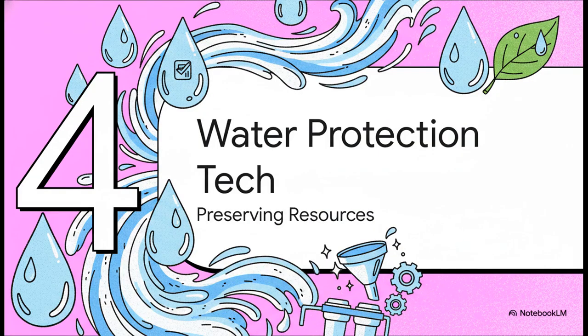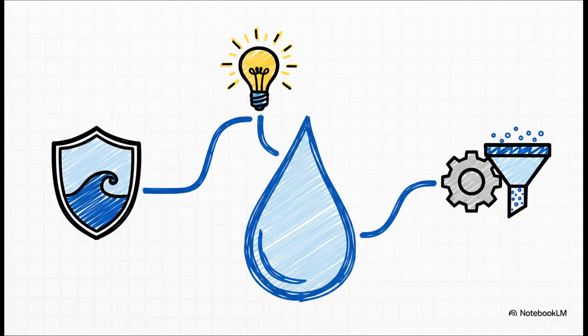Next up, Section 4, Water Protection Technologies. Now, water protection in Kazakhstan, and really globally, isn't just about building a giant dam or throwing in a filter. It's a deeply multifaceted priority. We absolutely must actively safeguard our vulnerable water sources from contamination. But intricately tied to this is how we manage our energy consumption, because energy production and water usage are just deeply, deeply interconnected. To successfully achieve both, ecologists are championing innovative clean technologies that are designed specifically for advanced water